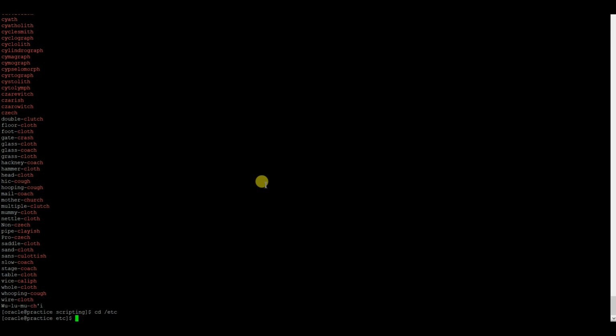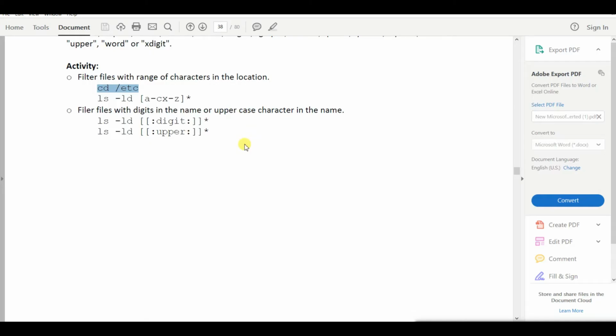And in here, we are given, if we search for this, what does this mean? It will search a list of directories starting with A, B, C and X, Y, Z, and then followed by any number. And this is called a character range.